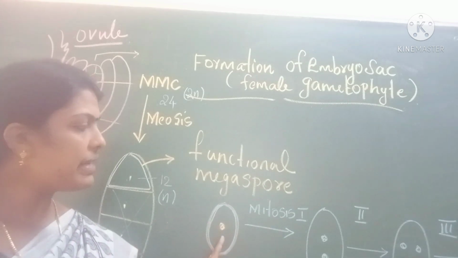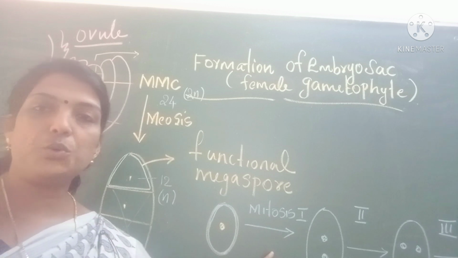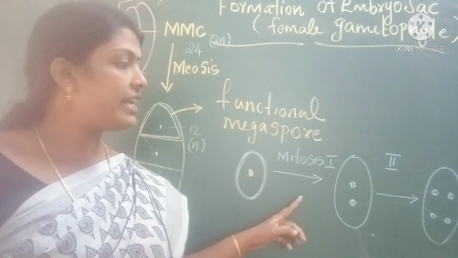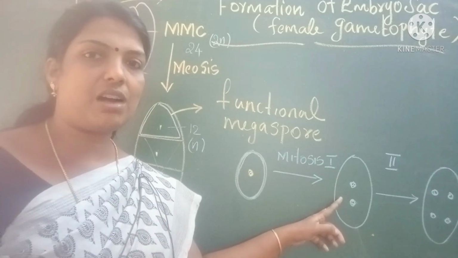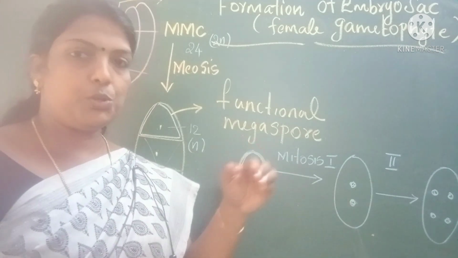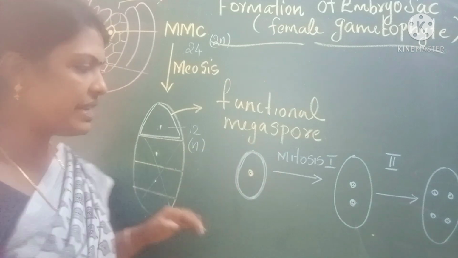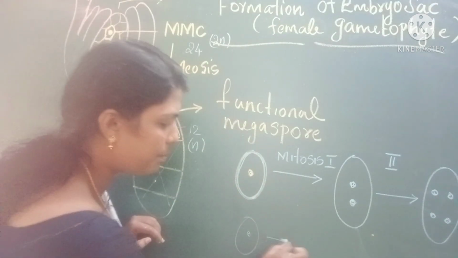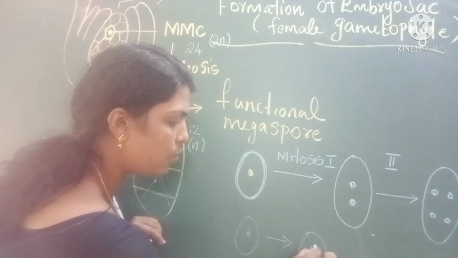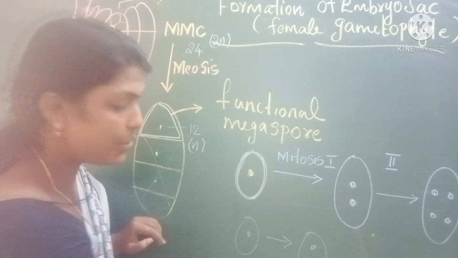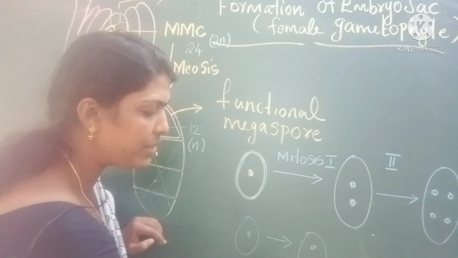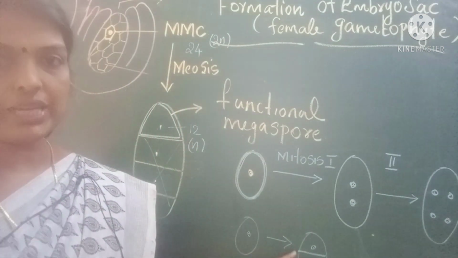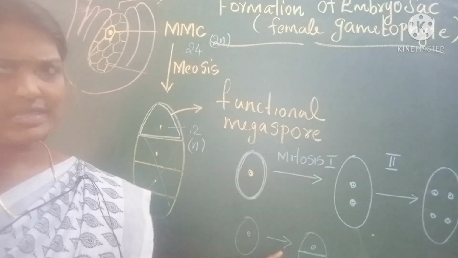So here this megaspore undergoes what? Mitotic division. And the speciality of this mitotic division is that no immediate cell wall formation occurs. Usually, suppose one cell is undergoing mitosis. First of all the nucleus will divide. Clear? The nucleus will divide, followed by the nucleus, the cytoplasm will divide and the cell becomes 2. So that is the normal case of cell division.